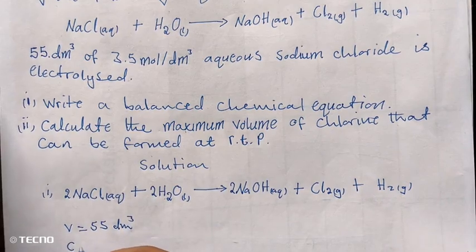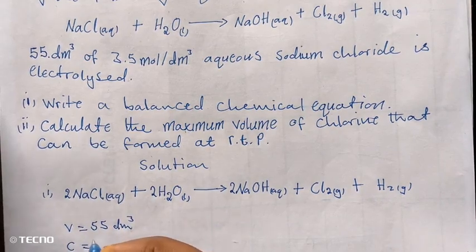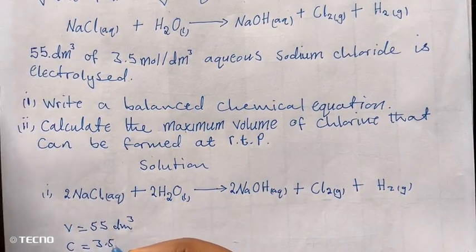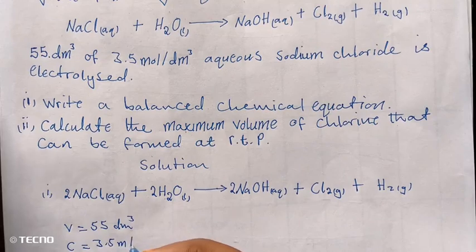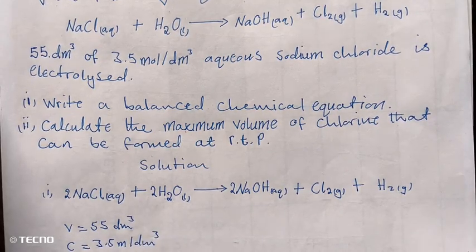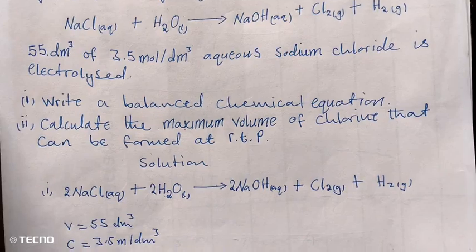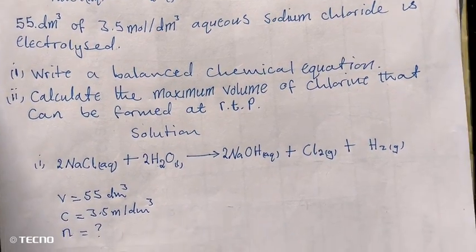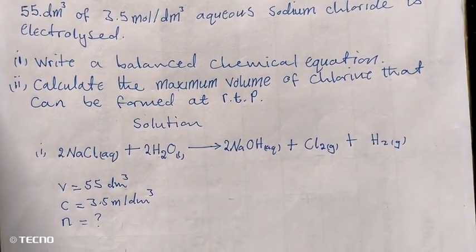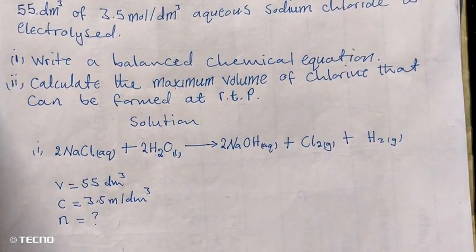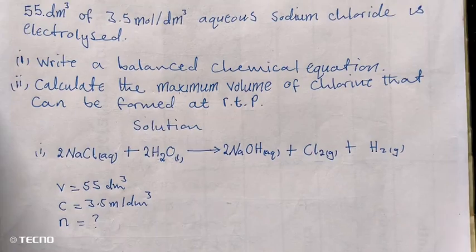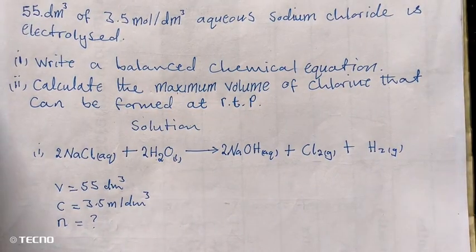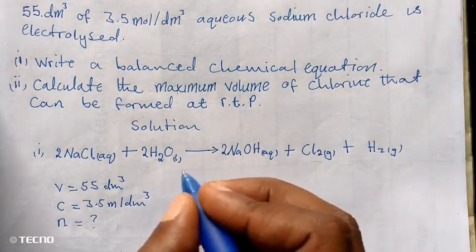Then concentration C is equal to 3.5 mole per decimeter cube. So this is what we have. The number of moles we don't have, so we use this same information to find the moles of this sodium chloride. So now the formula here, it's concentration